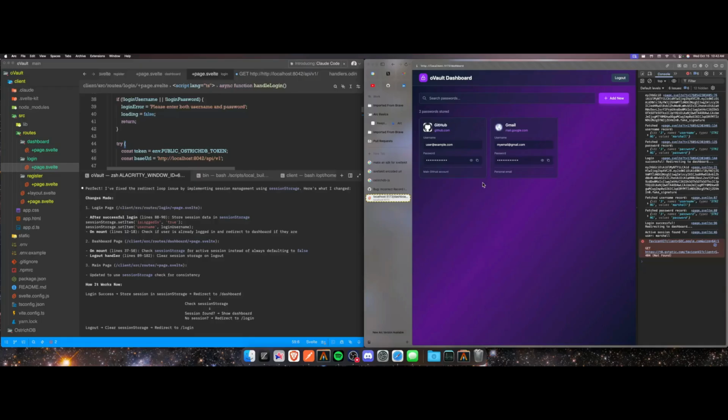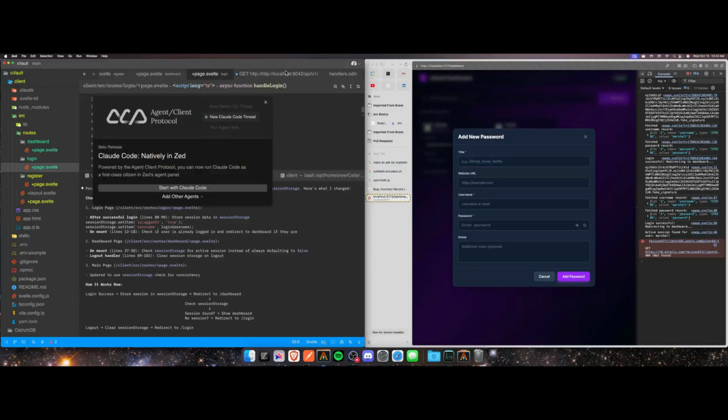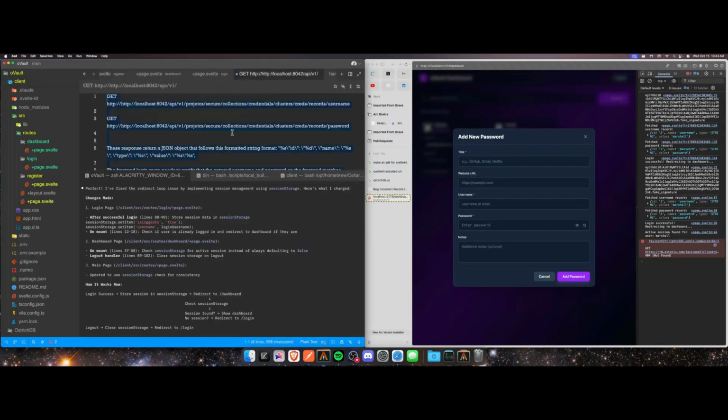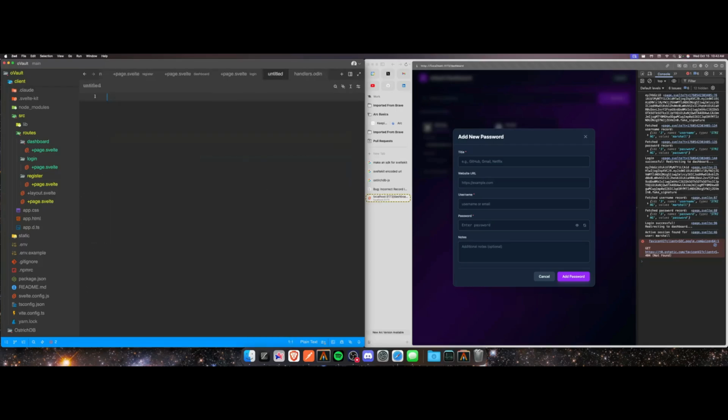Now that we have logging in, we need to think about essentially a schema for each entry in our application. So a cluster on the back end would essentially look something like this. Cluster,